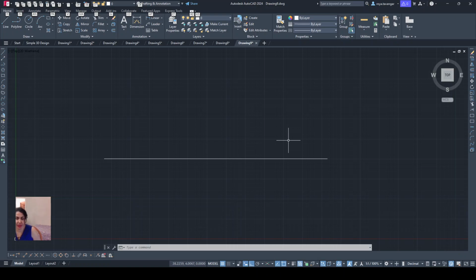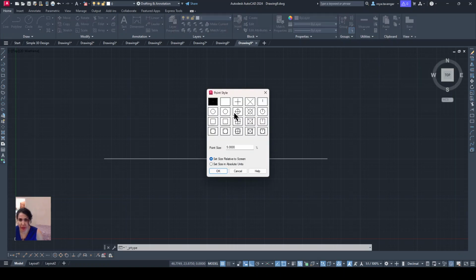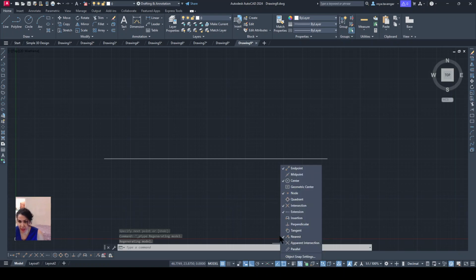Hello, in this lesson we learn how to break a line. First, let me change my pointer style. For example, this one. And I make sure that nearest is on, check mark. And in draw,